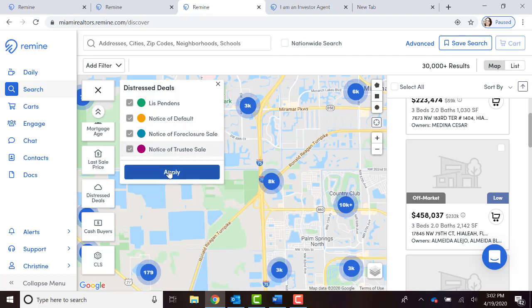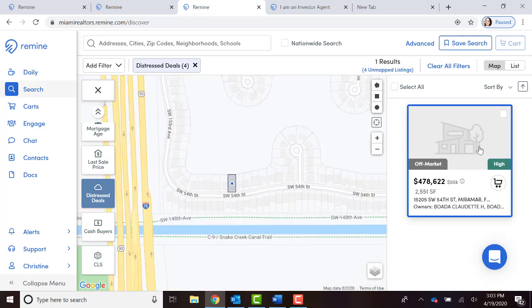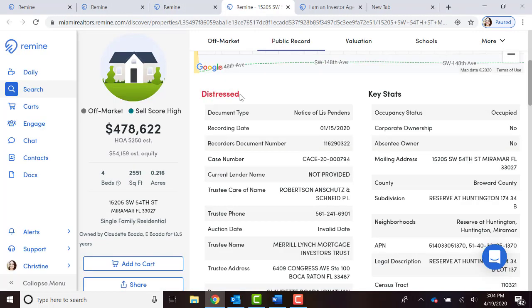I'm going to select all so you can see them on the map. I'm going to click on a cluster of properties to further filter my deals. To click Property Information, click to view the property detail page, and right at the top, it'll show you distressed,